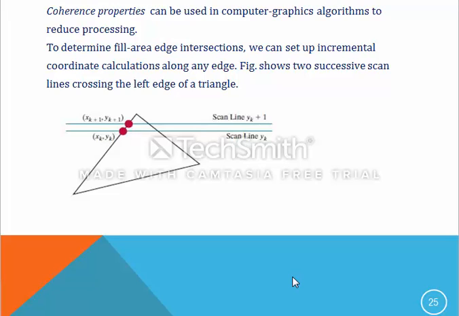To determine fill area edge intersections, we can set up incremental coordinate calculations along any edge. This figure shows 2 successive scanlines crossing the left edge of a triangle. The slope of this edge can be expressed in terms of the scanline intersection coordinates, where m is equal to (yk+1 - yk) / (xk+1 - xk). Since the change in y coordinates between these 2 scanlines is simply yk+1 - yk,